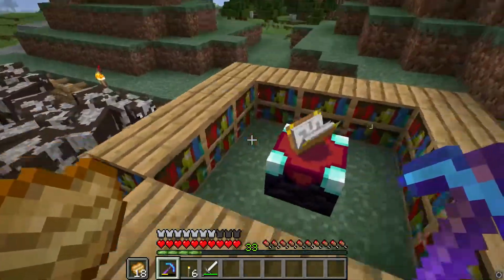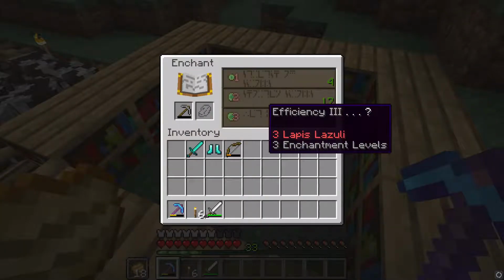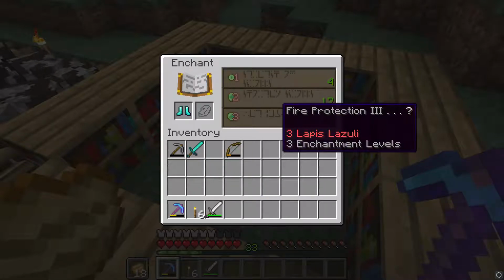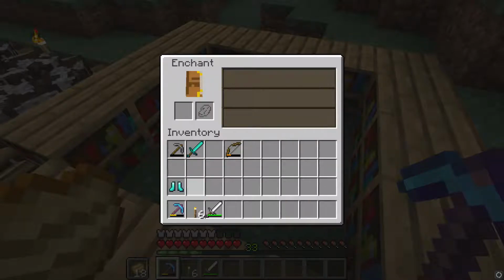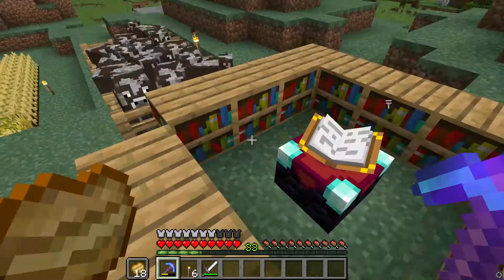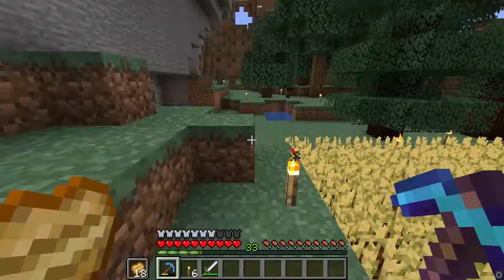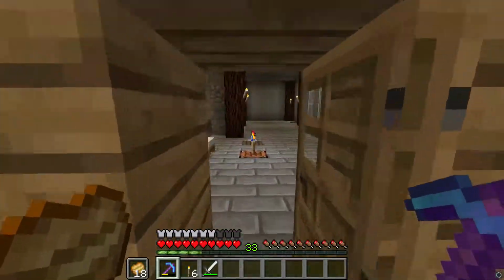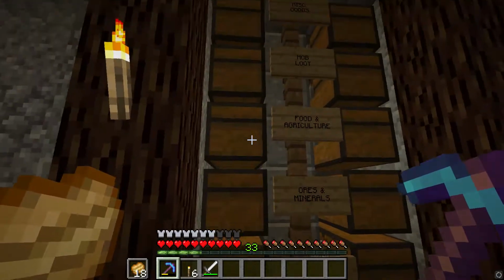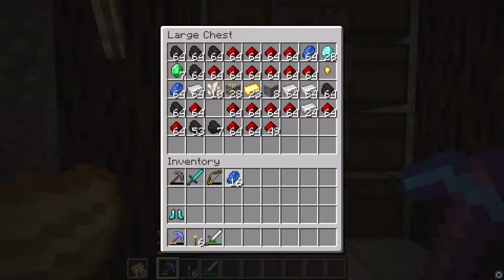So, on the pickaxe, they'll give us efficiency 3, that's terrible. Diamond sword, they'll give us sharpness 3, again, terrible. Boots, fire protection 3, I'm actually willing to take that. And punch 1. So, you know what, I'm going to go with the diamond boots because it's always good to have fire protection. I actually fell in some lava when I was mining a second ago, but luckily I got out in time. So, if we grab ourselves...